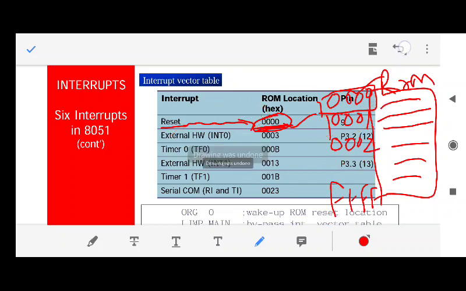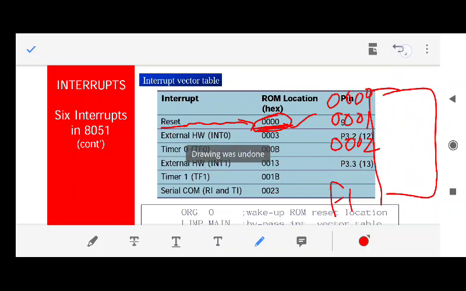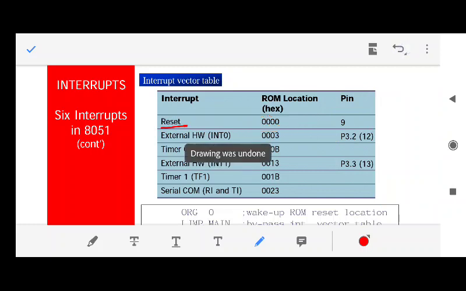That is why reset is known as power on reset, because whenever you power on the 8051, from where will it start executing the program? It will start executing from the first line inside the ROM. So what is the address of the first line inside the ROM? It is 000. That is why whenever reset occurs, the ISR which starts to execute is always at the address 0000, which is the first line in the ROM. I think as of now it is very clear to you. That is what an interrupt service routine is.